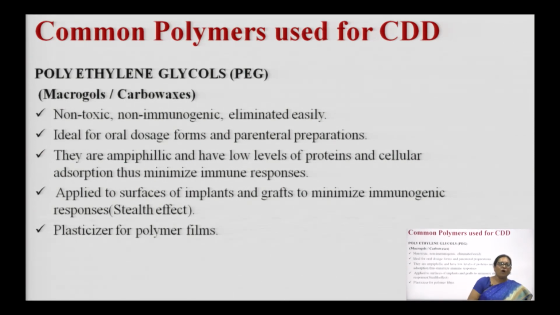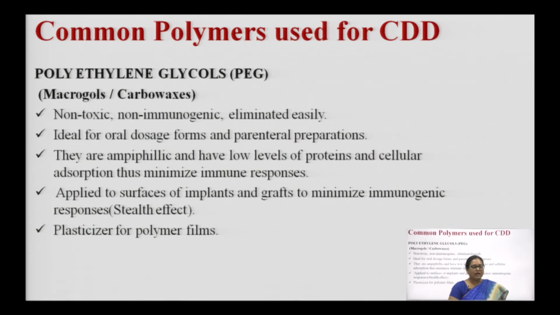It is ideal for designing dosage forms for oral as well as parenteral use, and its amphiphilic nature is utilized particularly because it has low levels of protein and cellular absorption, thus it does not stimulate immune responses